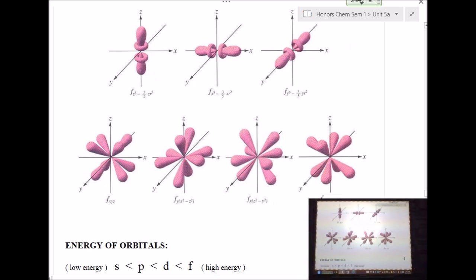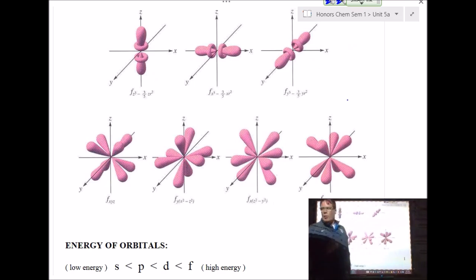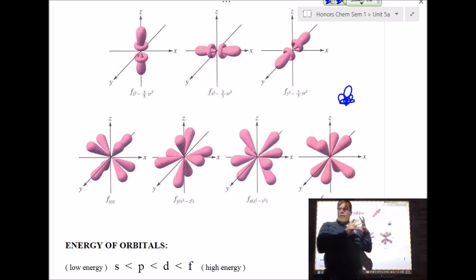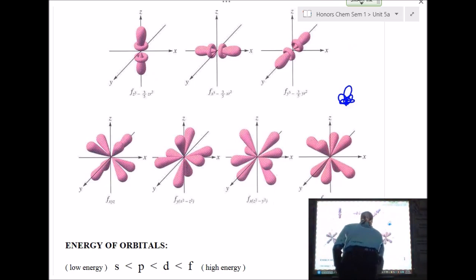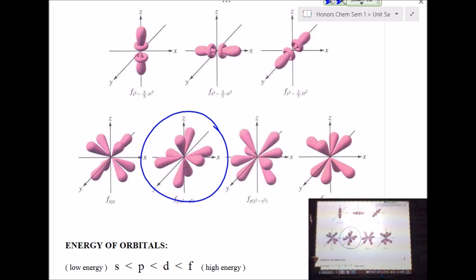Now, here's what I don't want you to do: freak out and go, whoa, what in the world's happening here? Keep in mind that when we look at a nucleus, that dot that I just put on there is not to scale. So if I have an s orbital, and then a p orbital, and then my d orbitals, and then my f orbitals, they get farther and farther away because they're getting more and more complex. The thing I want to ask, if I look at this one f orbital right here,